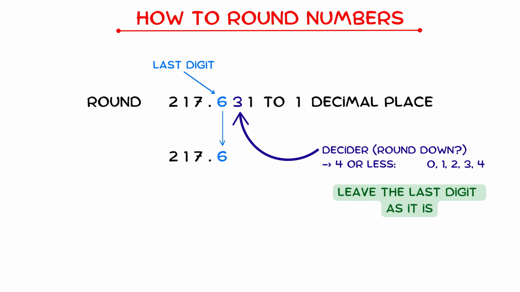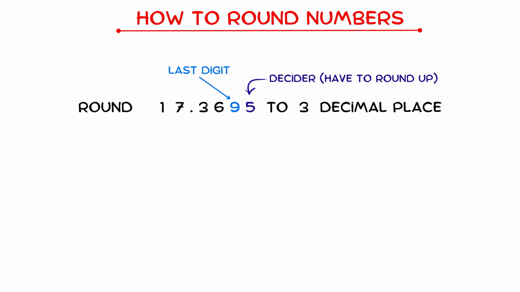In this last question, we're rounding 17.3695 to 3 decimal places. This time, the 9 would be our last digit because it's 3 places to the right of the decimal point, and the decider would be the 5 because that's the next digit to the right. Because the decider is a 5, it means we're going to have to round our last digit up, but when